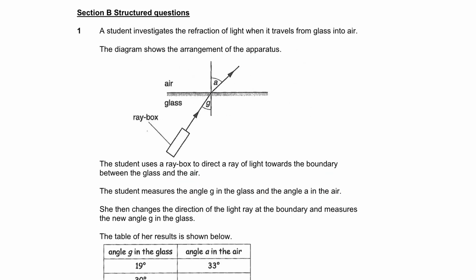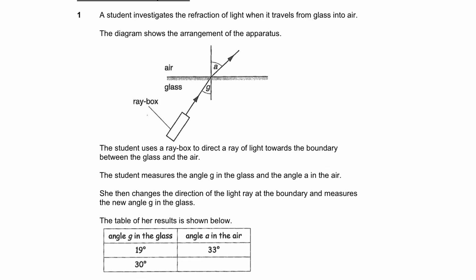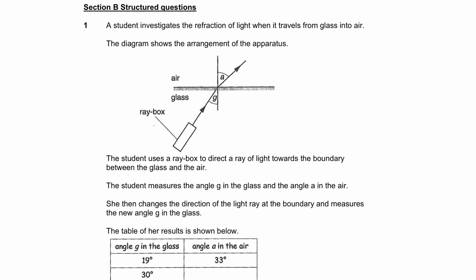So let's go to section B, structure question. This is an O-level question also, and the light is traveling from glass, a denser medium, towards a less dense medium, therefore it bends away from the normal. All these are what you have learned, and the student does the experiment and records the values here, and the value that's missing over here. Now remember,